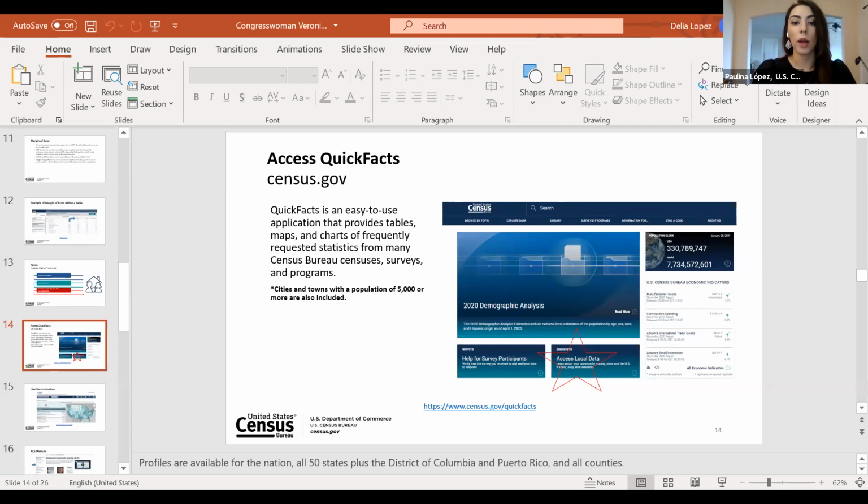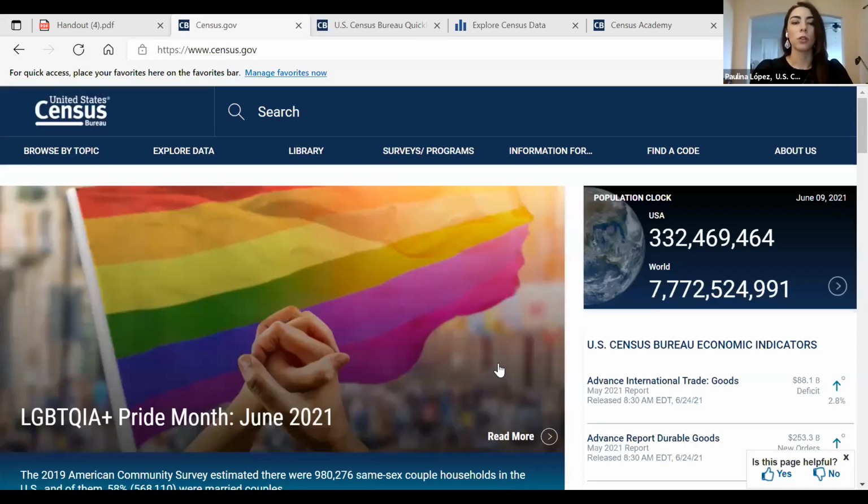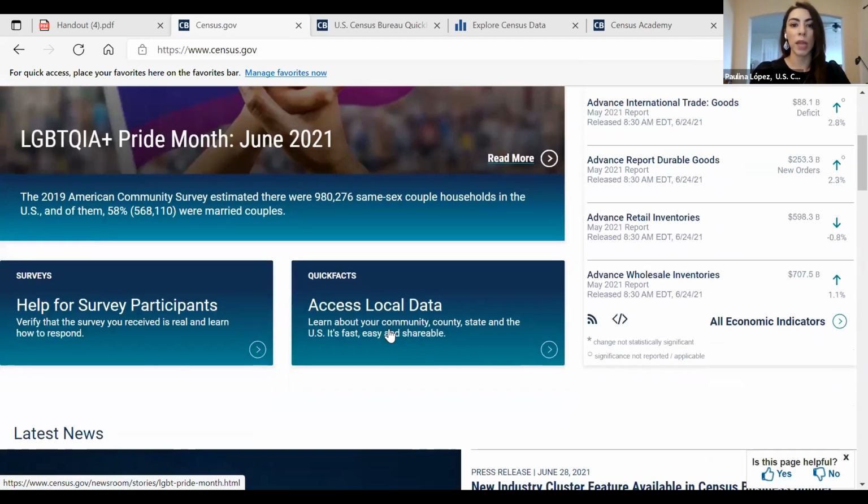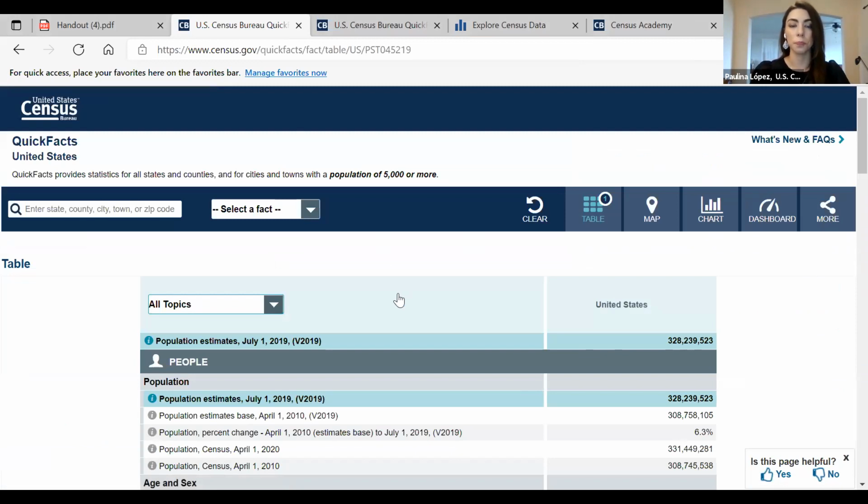The way you access QuickFacts, let me share my website here. Okay, here we go. You go to our main census site, census.gov, and you will find QuickFacts on the main landing page over here. You scroll down and click on QuickFacts, and it takes you right to the data tool.